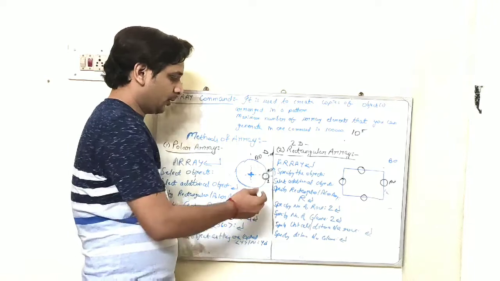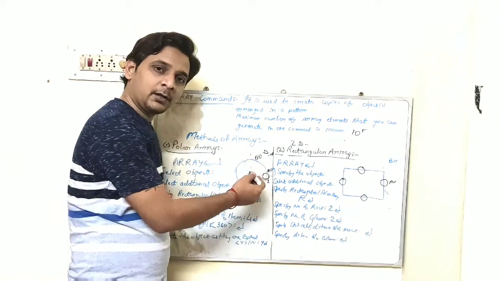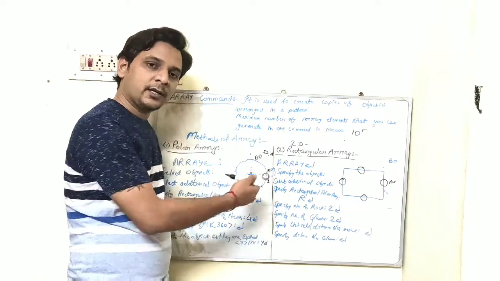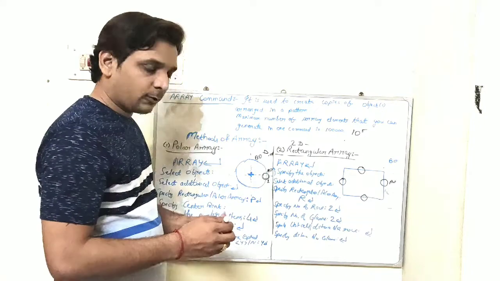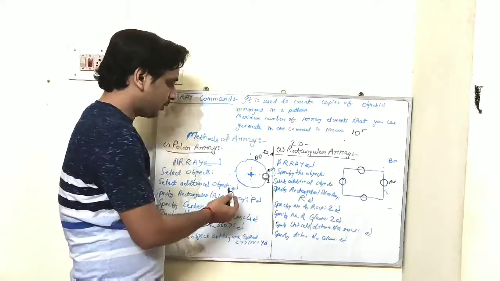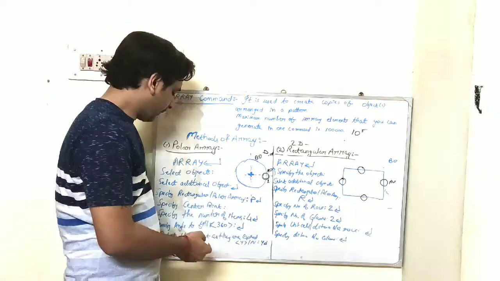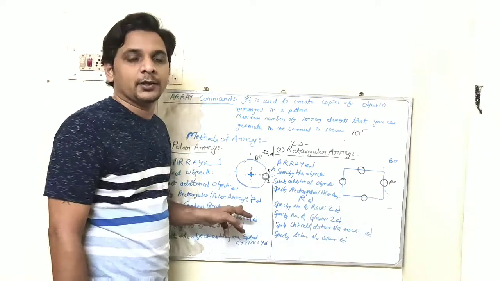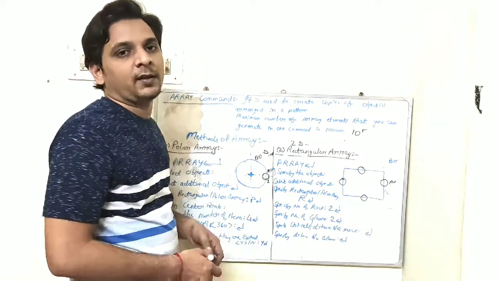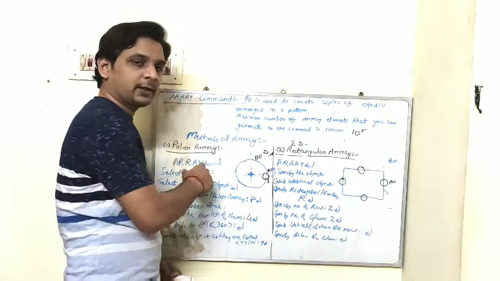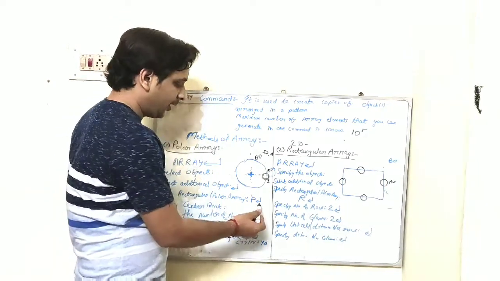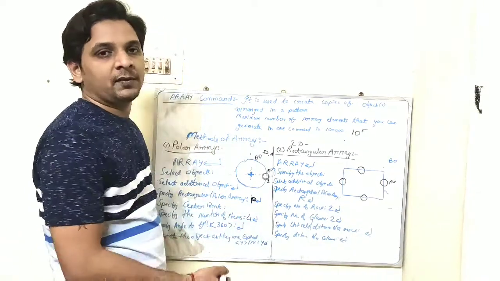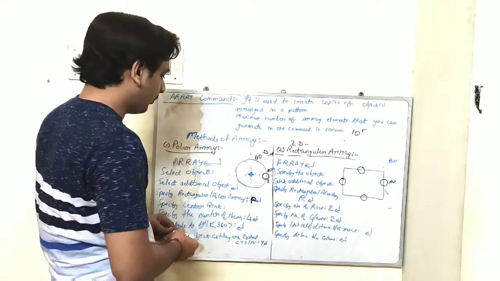If you want to generate elements of this array object number 1 as well as elements of any other object also, then you can select that object. If you don't want any other object elements, then simply press enter here. Now the computer will ask you to specify the rectangular or polar array method, which method you want to use. So here we are going to use the polar array method. So type here P and press enter key. P means polar command. Okay, so here we are using the polar array command.